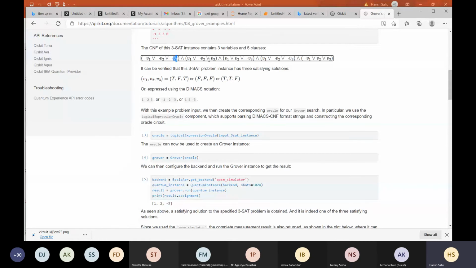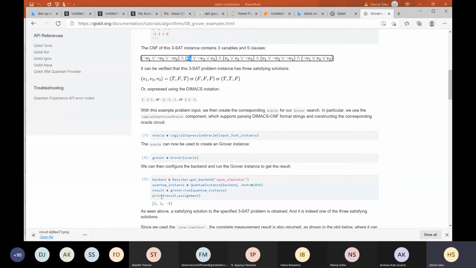If you see the second clause, V1 is here, and we said V1 is 1. So once V1 is 1, this entire thing will be true. This is an OR operator basically. So V1 or not of V2 or V3. Here V1 will make it true. Here V1 will make it true. Here this V1 is 1, so it will become 0. But here V2 will make it true.